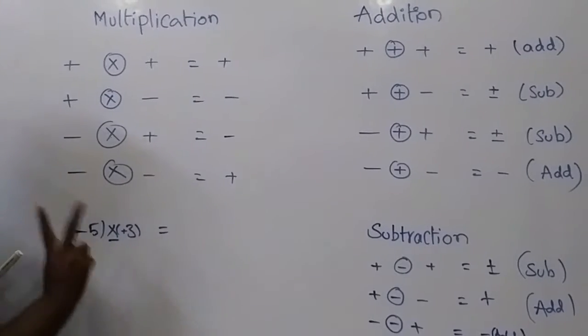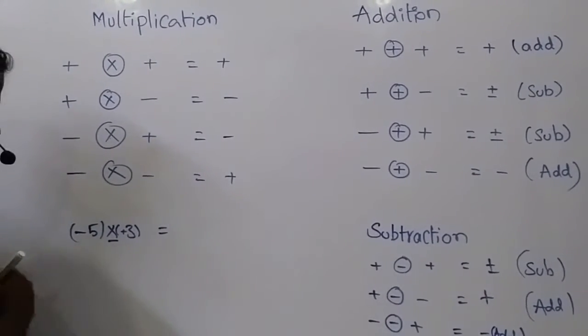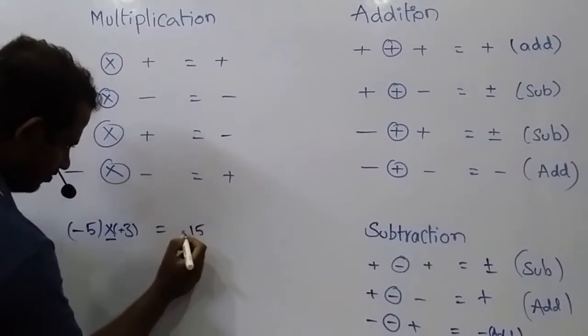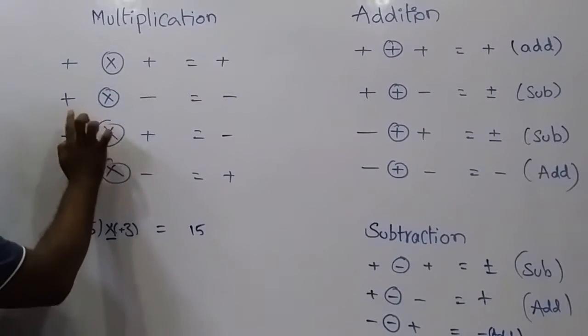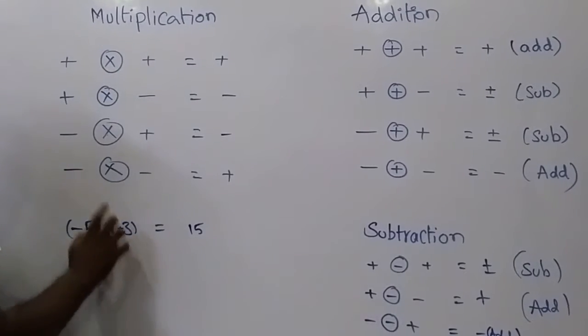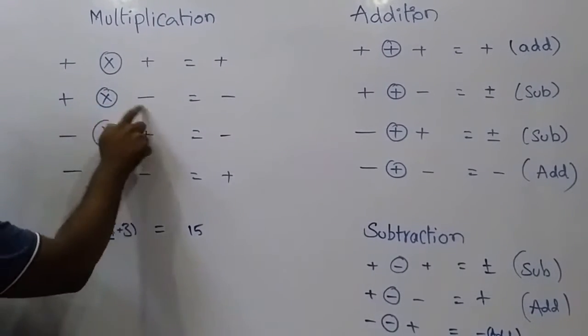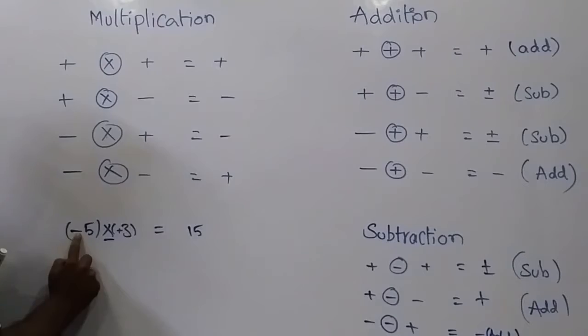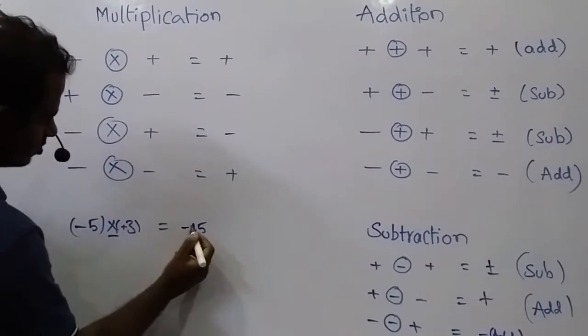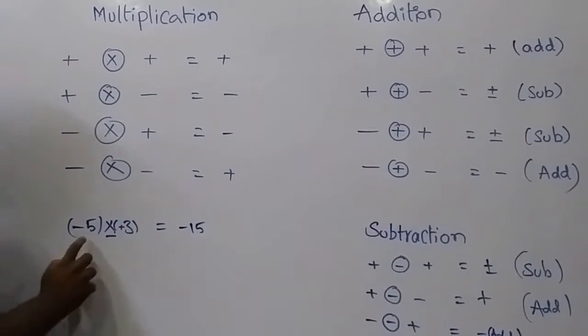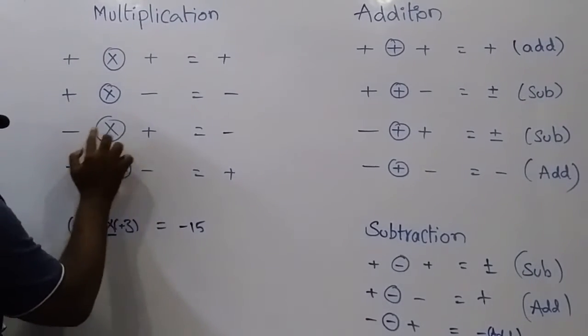While multiplying one negative number with one positive number, first multiply the numbers 5 and 3. 5 times 3 is 15. Before the multiplication result, what sign do we have to put? In case of multiplication, if out of the two numbers one number is negative, then the final result will also be negative. Remember that point. So here it is minus into plus.